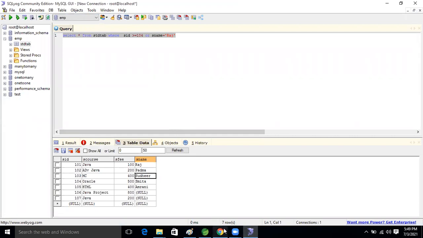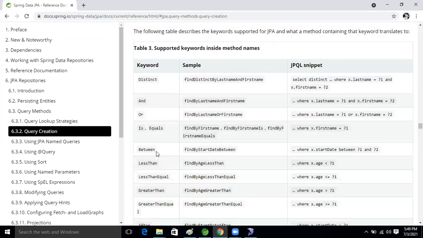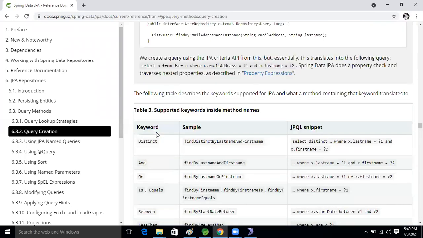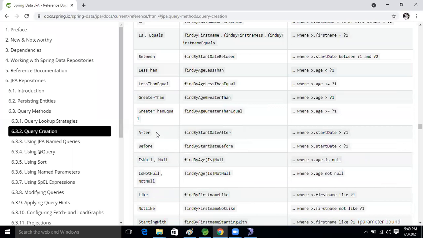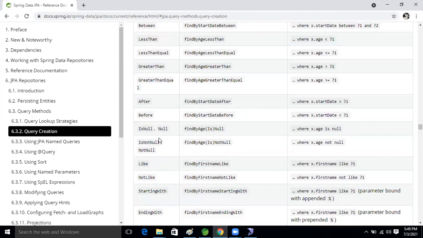Okay, so I think I covered everything, maybe one or two things remain, guys. You people also do the practical. I think everything I have covered now, guys. Okay, guys, now let's perform projection, right? Here you people told me. Now let's perform selecting only a single record now, guys.